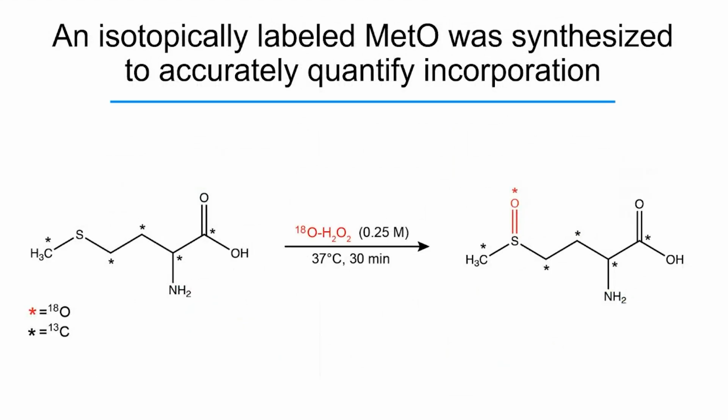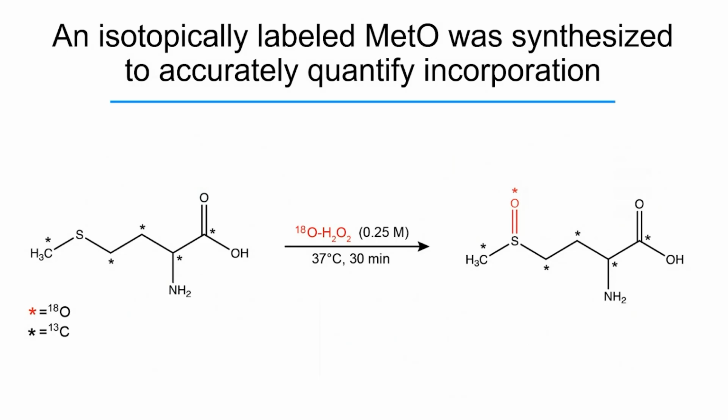But then, since you still wouldn't be able to tell, if I just had a normal methionine sulfoxide and then normal methionine, you wouldn't really be able to distinguish if something happened, like if somehow, stochastically, it was reduced and you just see regular methionine in the cell. So in order to make sure that the methionine sulfoxide that we added to the cell was actually incorporated, what we did is we took this